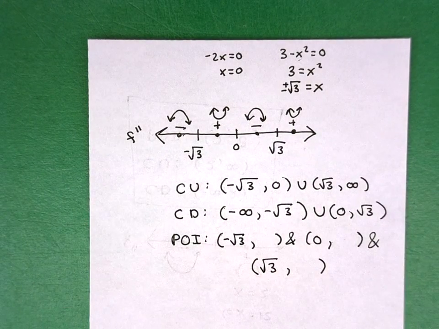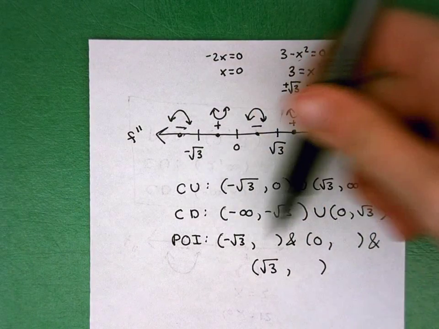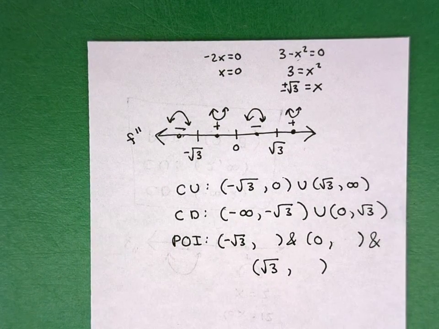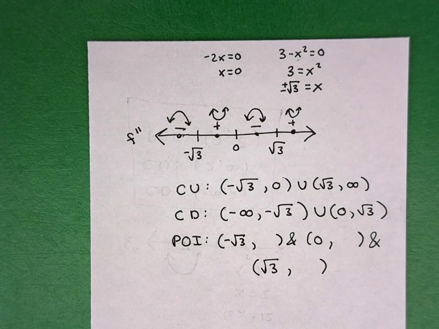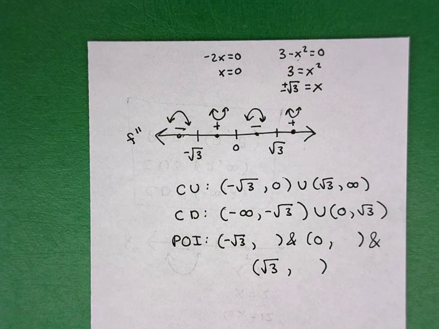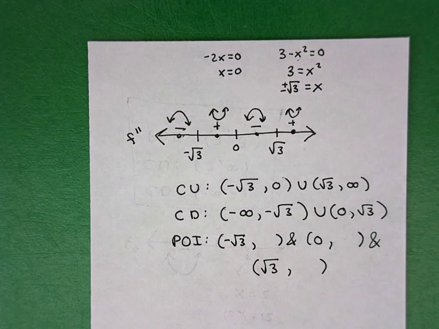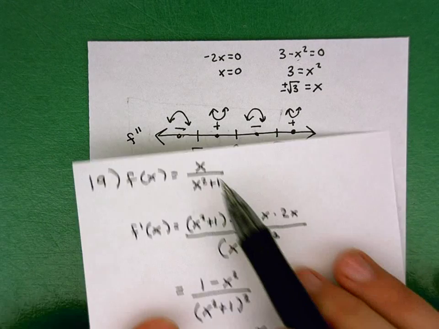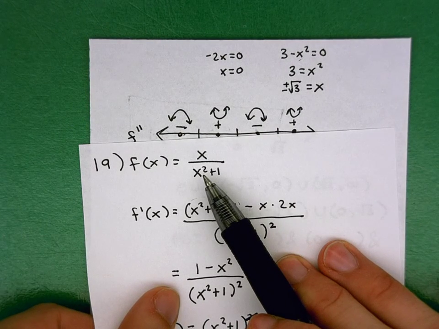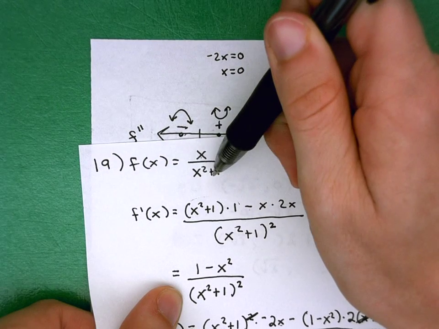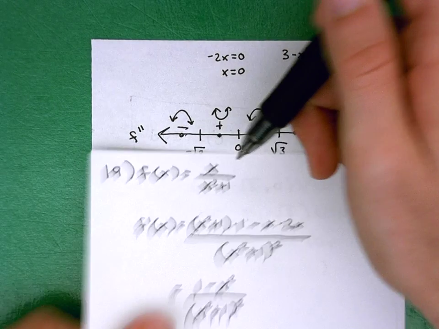And so I'm going to be plugging each of those x's, negative root 3, 0, and root 3, into my f of x to make sure that that point does actually exist. And technically speaking, I already know it's going to exist because I didn't have any discontinuities, but it's good just to double check. And so we're going to go ahead and take that negative root 3 and plug it in here to my f of x. We're going to have negative root 3 over 3 plus 1. So we're at negative root 3